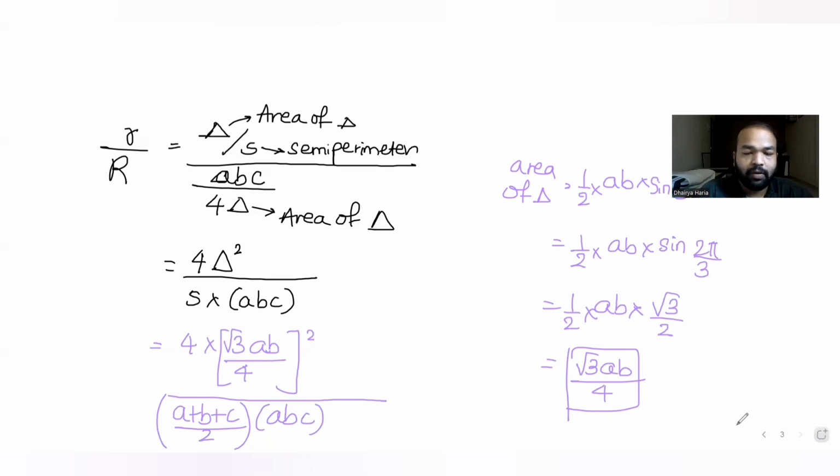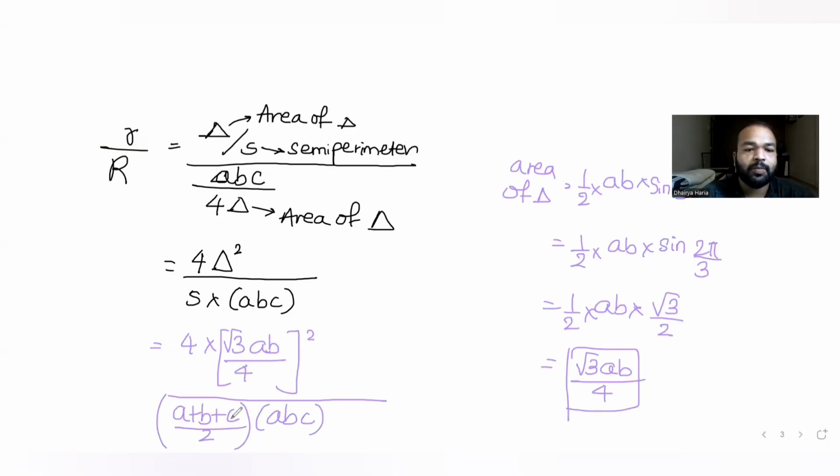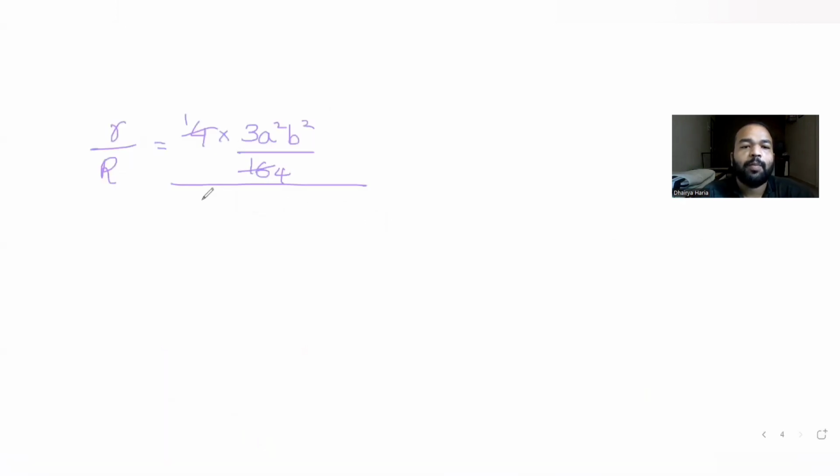Now, let's solve it further. If I try to solve this, I get the ratio of incircle radius to circumcircle radius as 4, and root 3 square is 3, A square, B square upon 16. So 4 ones are 4, the 4s get cancelled. You get here A plus B plus C by 2. I know A plus B is nothing but X, so X plus C by 2. And you have the product A into B into C. So basically, if I again see, I can cancel one A, one B from the numerator and the denominator. So you are left with